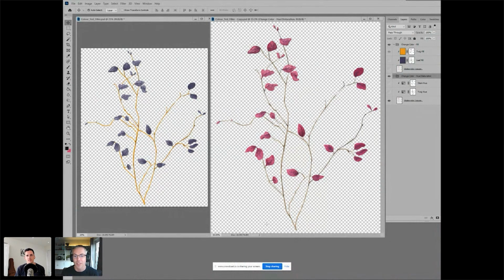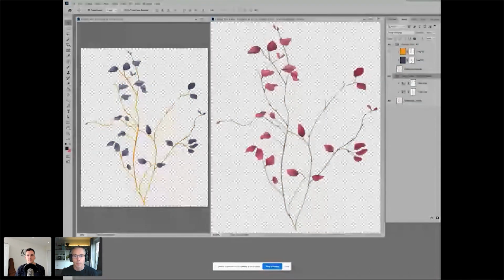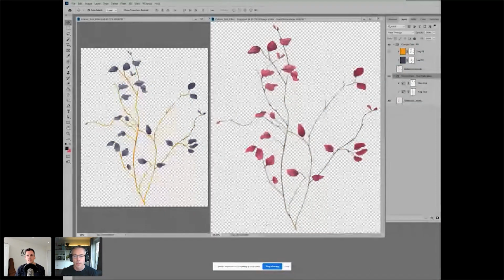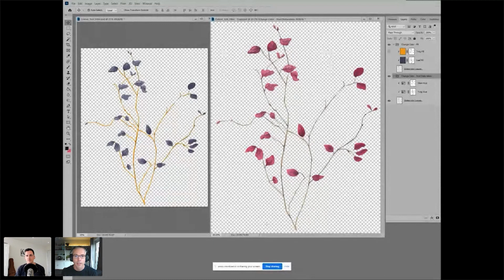This is one of her test files in Photoshop to me, of just the best way to recolor things in Photoshop. Because I don't know if anyone's ever adjusted the color and hue in Photoshop thinking, oh, it's really easy. I'm going to turn that blue to orange or that orange to purple, shift the hue. It just doesn't work. It totally falls apart. So she did a load of work for the best way to do that.